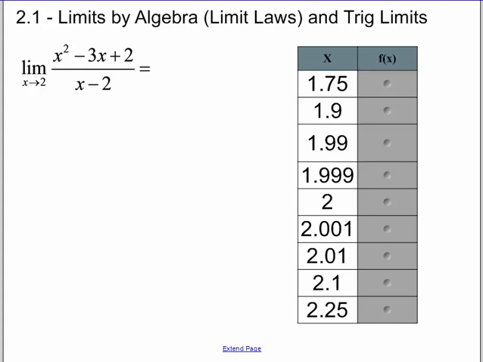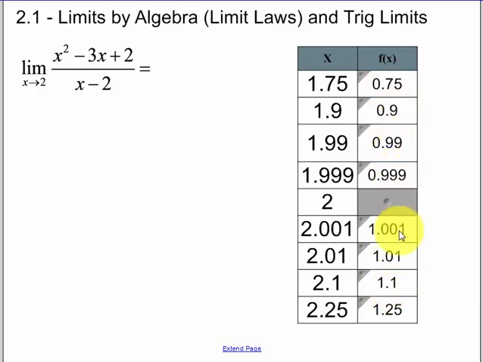Yesterday we talked about limits by table and by picture, and today we're going to use algebra and limit laws to solve for limits. Yesterday we had this example, and we had this chart of values to get us our limit. And if you remember, we had some values,